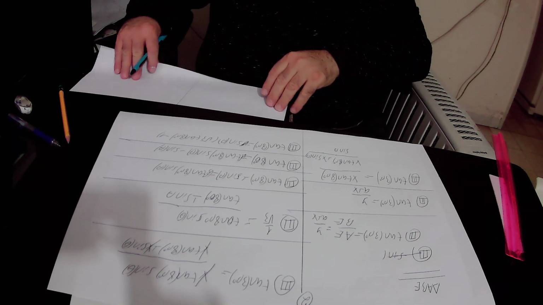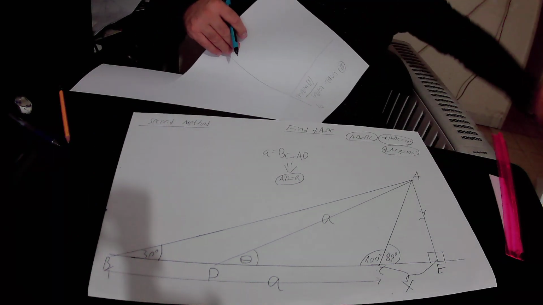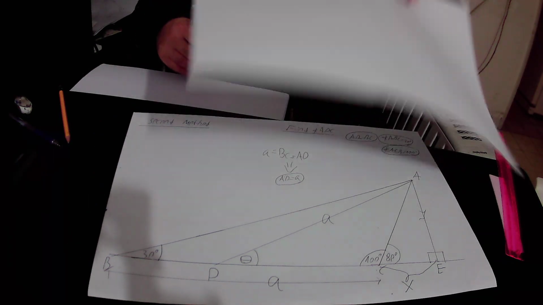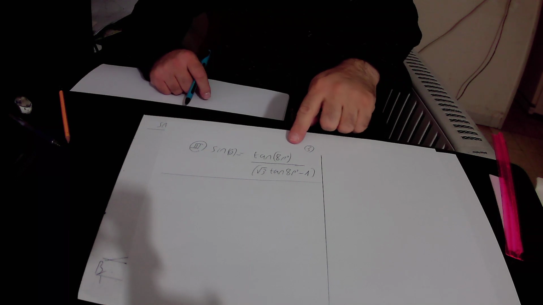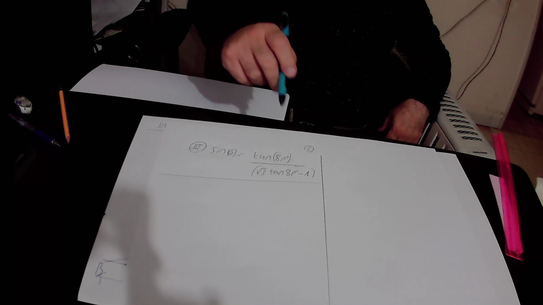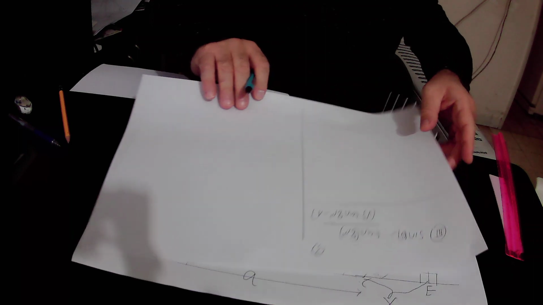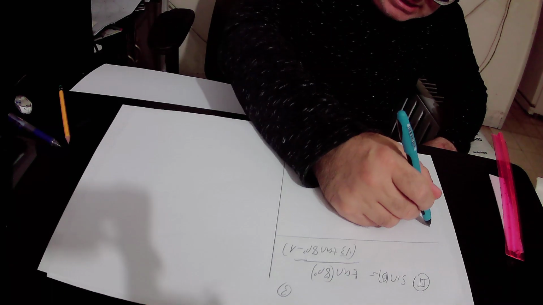So here we have tangent 80 degrees, and we know that tangent 80 degrees equals sine 80 degrees over cosine 80 degrees. So we substitute tangent 80 degrees by sine 80 degrees over cosine 80 degrees, both in the numerator and also in the denominator. Okay, and we will get that according to equation number 3, that sine theta